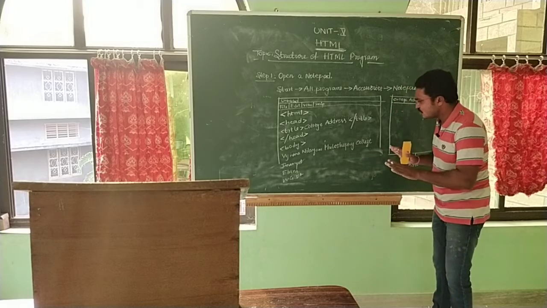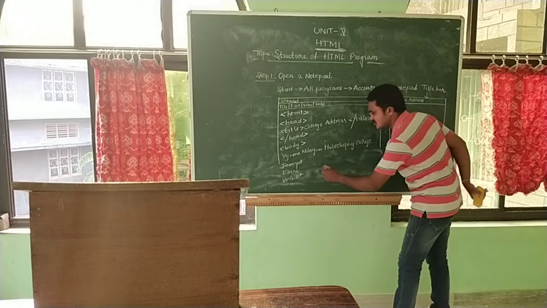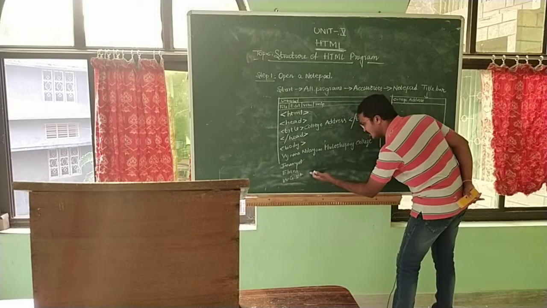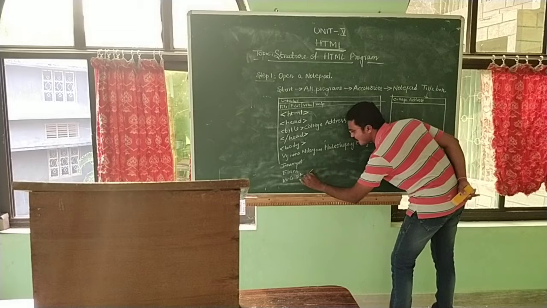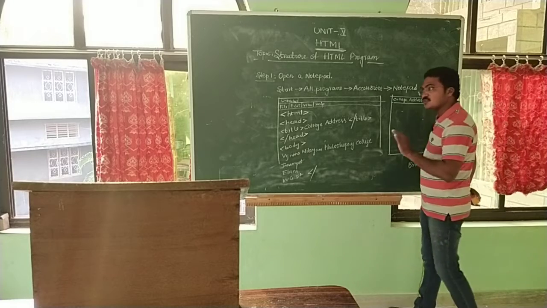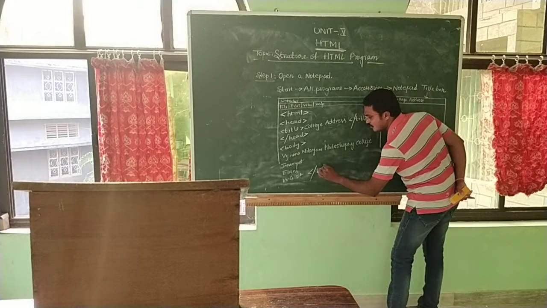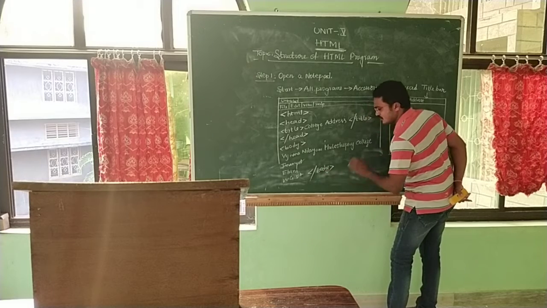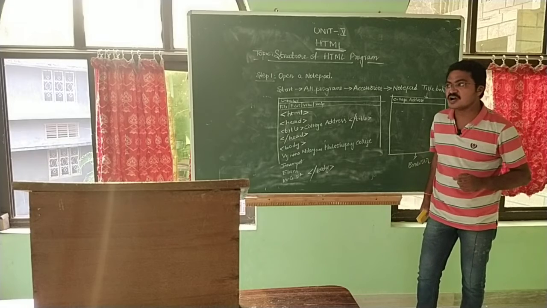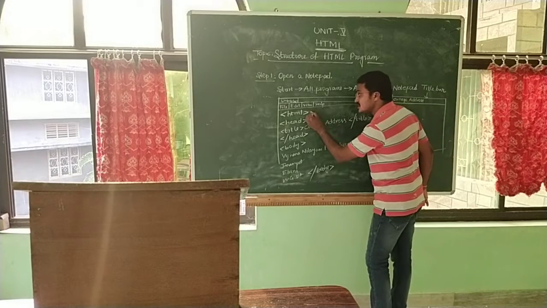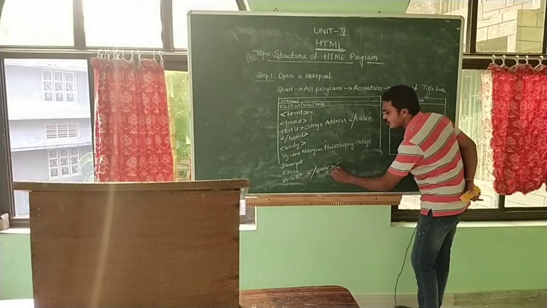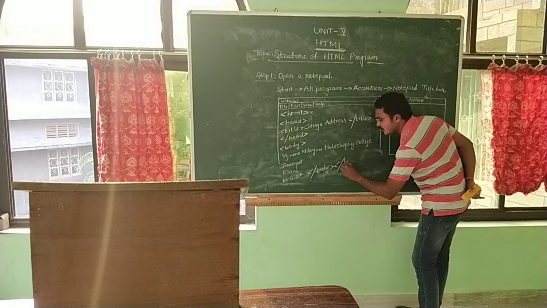Then at this time your body is completed. Okay, yes, body is completed. The tag can be given in a new line or you can write it continuously. That is not a matter, not a problem. But don't forget the closing tag, which always starts with a forward slash, okay? And body, the body tag is closed, but one more tag is not closed in the program. Which tag is not closed? Do you understand? The first tag is not closed at this time. That's why I close the tag also.